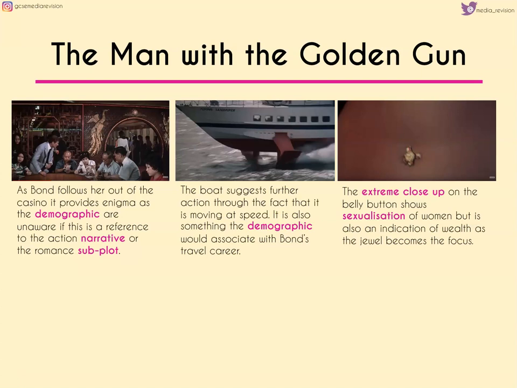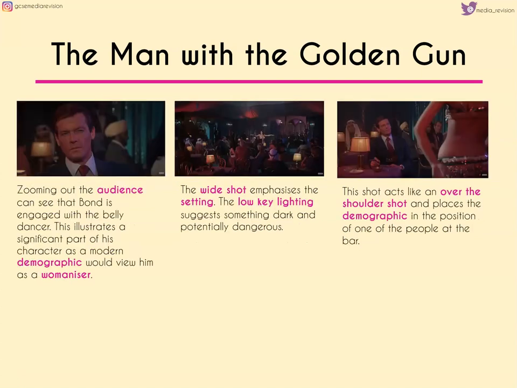We then have another extreme close-up, which here is on the belly button, and again this sexualises a woman, mostly because we don't see her face, but it's also an indication of wealth because the jewel here is the focus. And we can see that as the camera zooms out, Bond is really fully engaged with this belly dancer,